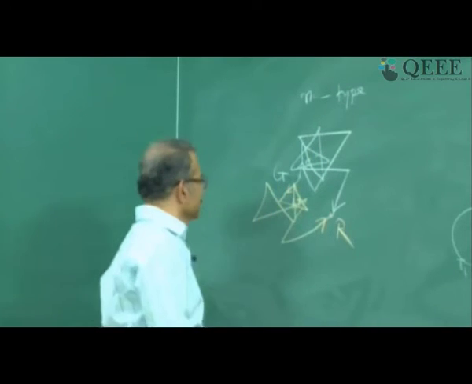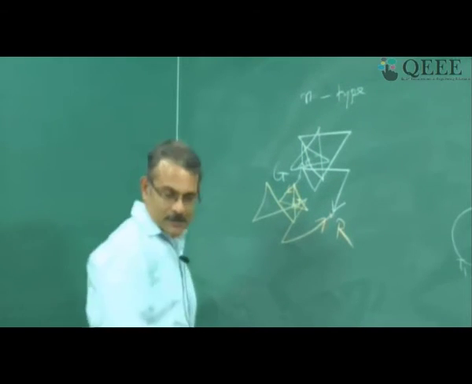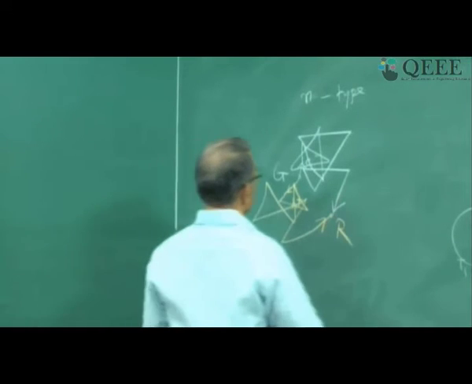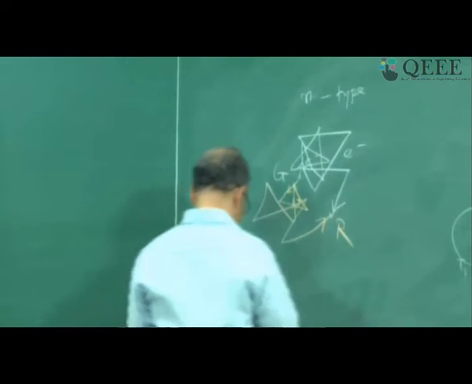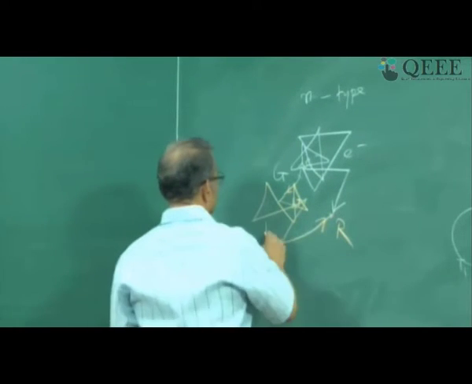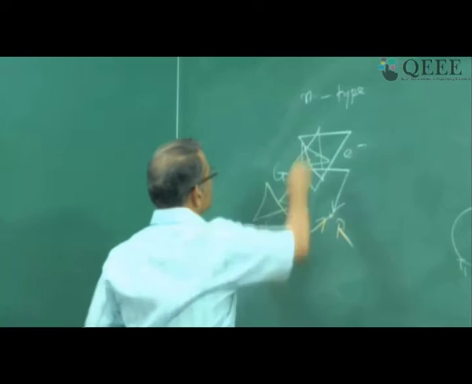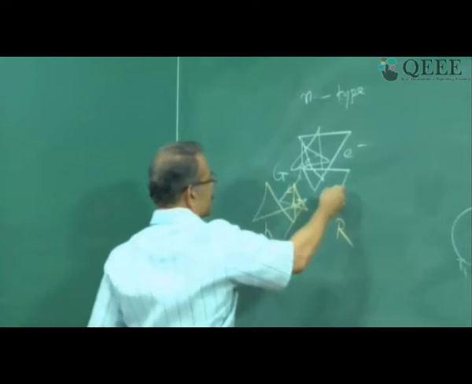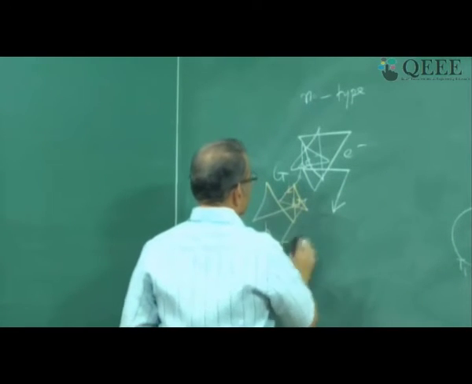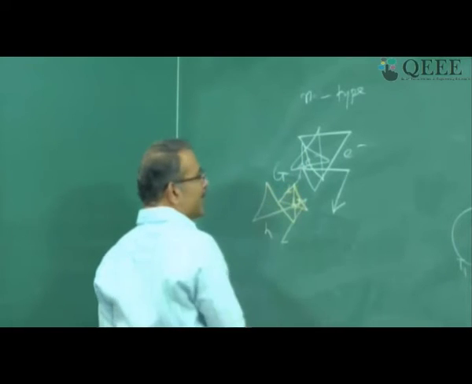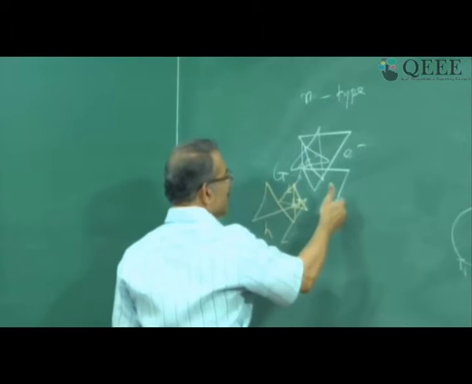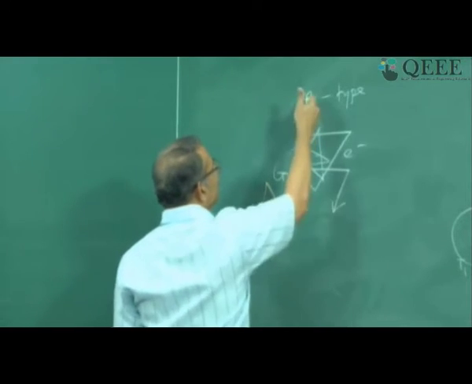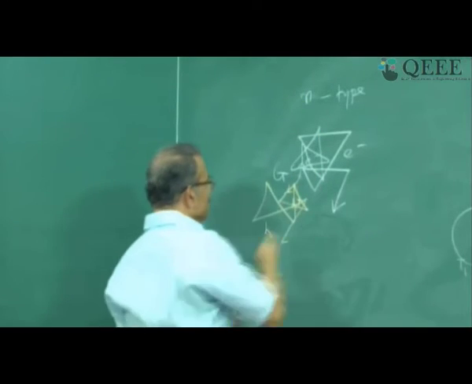Now what will happen? So in an N-type semiconductor, this is the electron and this side is the hole. Now in an N-type semiconductor, there is a large number of electrons. So after the hole has been created, even before it meets this electron which was born along with it, it will meet some other electron, right? So it will not remain this long.